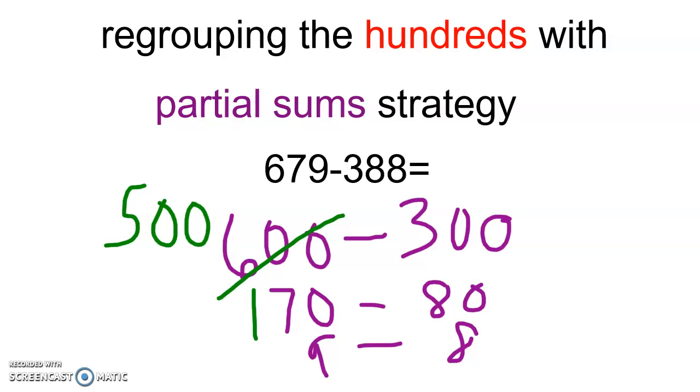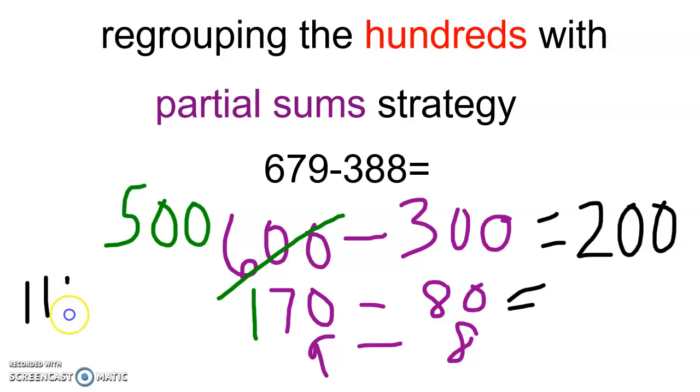So I start at the top. 500 minus 300 is 200. Put my equal sign. 170 minus 80. This is where it may get tricky for you guys. The students have a hard time with the tens places. Miss Gregory always says, draw your 10 sticks if you're having a hard time, or use blocks to count. So I'm going to draw 17 tens, which is 17 sticks, and then I'm going to take away 8 of